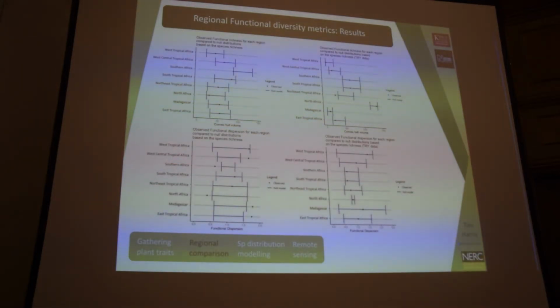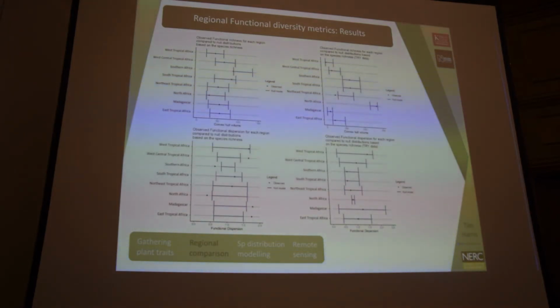So this is functional diversity across different regions of Africa, with each line being a different region. The black dots show biodiversity metrics for each region and dataset, and the blue lines are null distributions. So if you imagine a table of traits for each species, the null models are created by randomly shuffling the species names against those trait values. And if a black dot is to the left of those blue lines, then this suggests that ecological filtering is